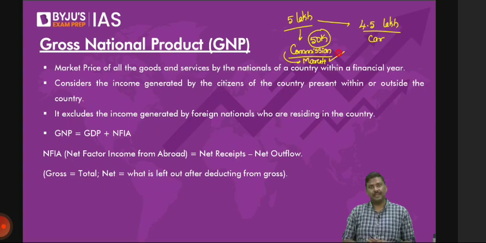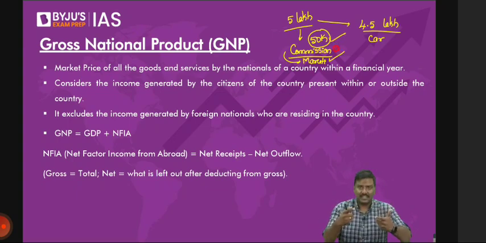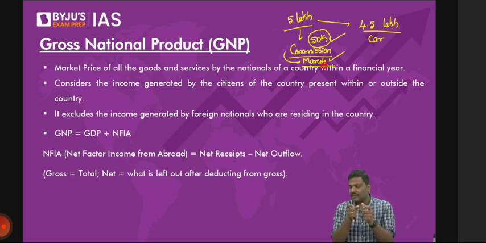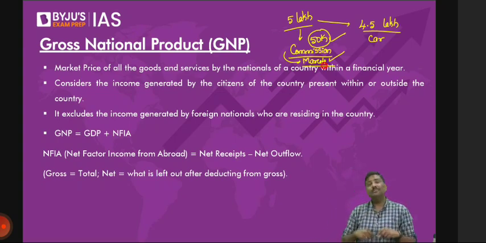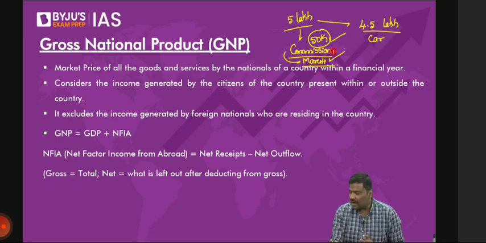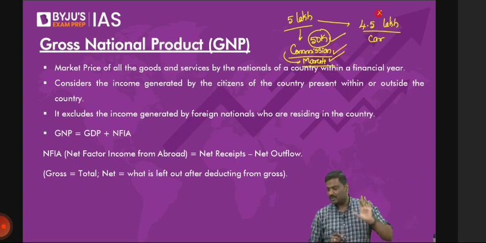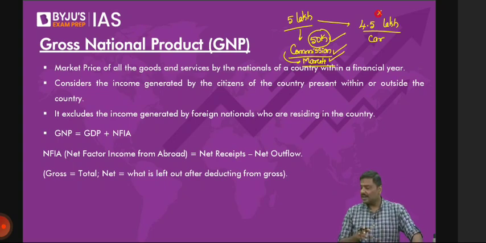Now don't you think this 50,000 rupees represents services which are generated today? I will repeat the statement. Is the value of 50,000 rupees not representing services which are generated today, that is in the current financial year? And because it is leading to generation of services, I will count the commission as a part of GDP, but I will not be counting the value of that car. I will not be counting that 4.5 lakh rupees. So these are certain very important aspects related to the calculation of GDP.